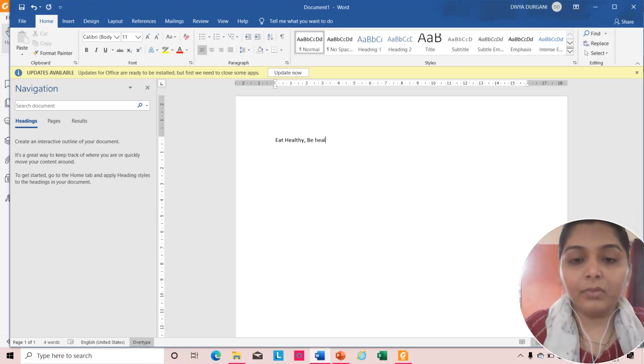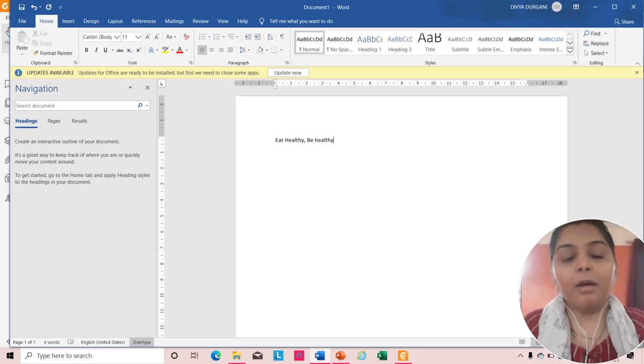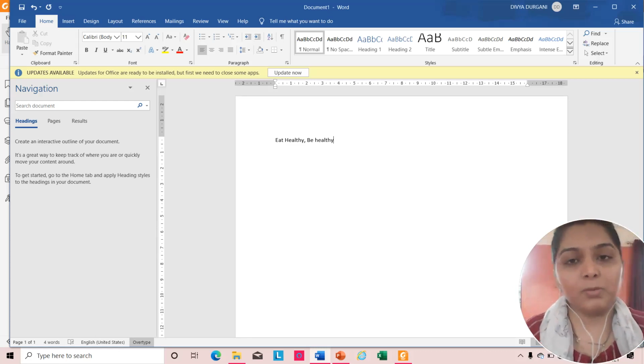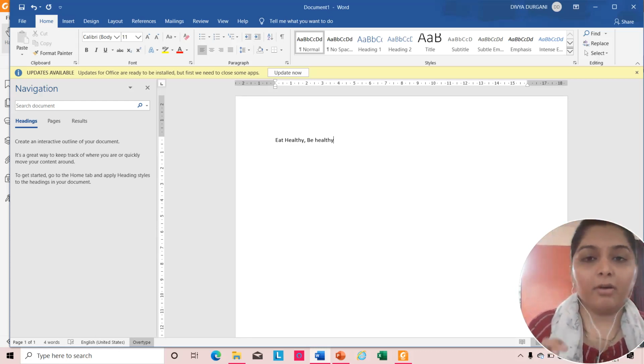Look, as I was writing the spelling, the letters which were left out, that was LTHY, were removed. They got removed by themselves, isn't it? So what did we do? We overtyped the text. In notebooks it's very easy, in notebook and textbook it's very easy. You can rub it and do it.